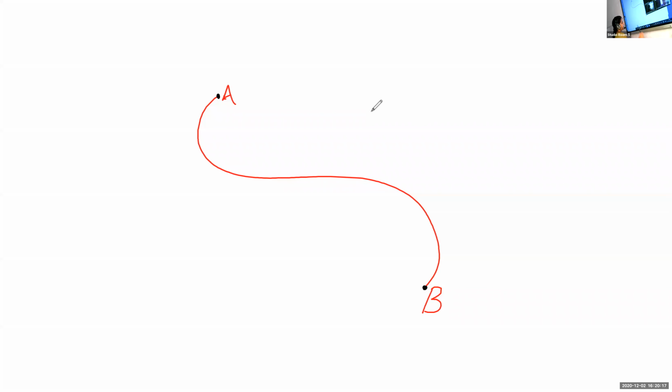Devika, can you read that topic? Activity 4. So the heading is measuring the length of a curved line. We cannot measure the length of a curved line directly by using a meter scale, isn't it? If we use a ruler or scale, can we really measure the curved line? No, ma'am. We might be able to measure, but that won't be correct or accurate. Okay? So for that, we have another method. We'll see that in the activity. Yes, activity 4. Use a thread to measure the length of the curved line AB, figure 10.10.